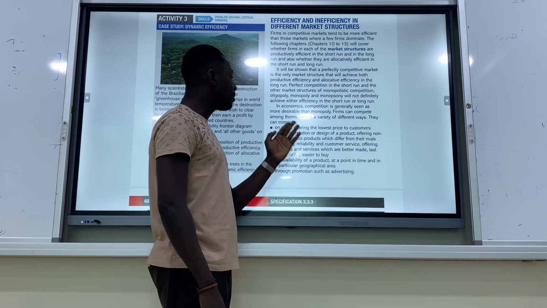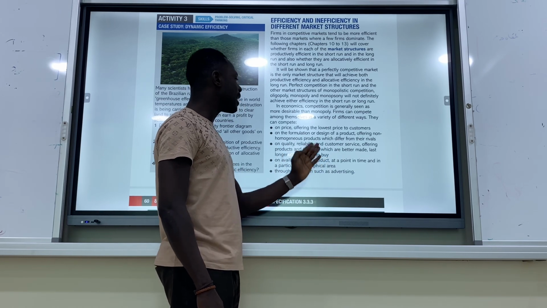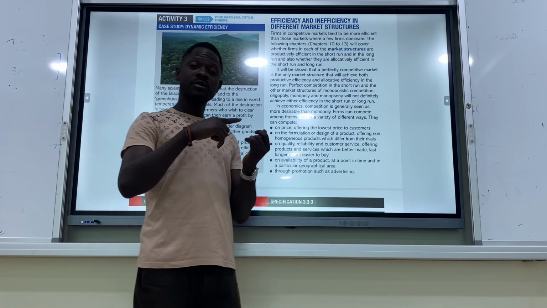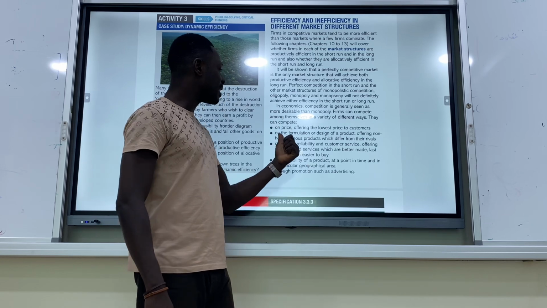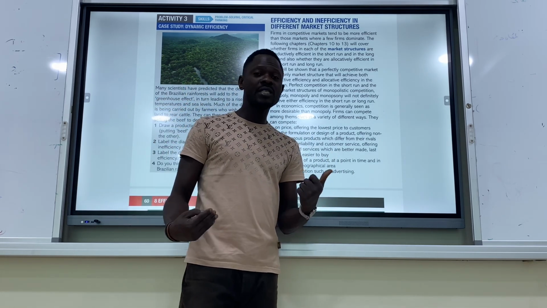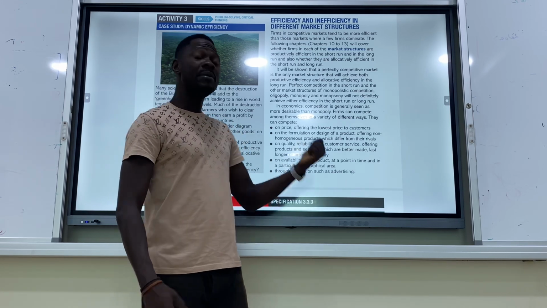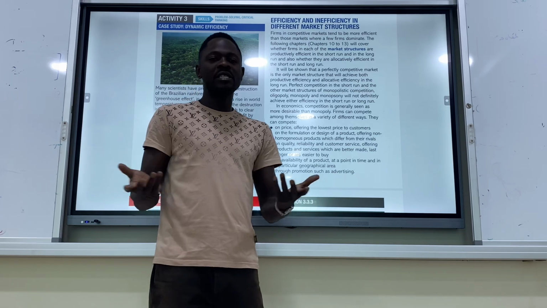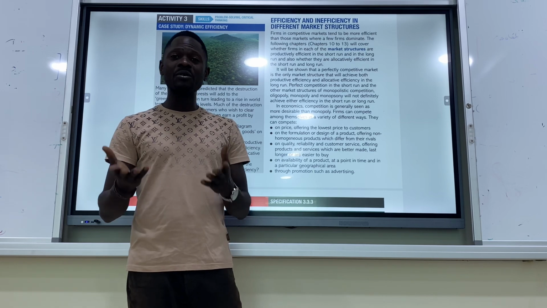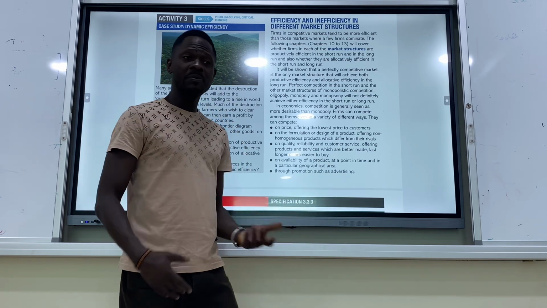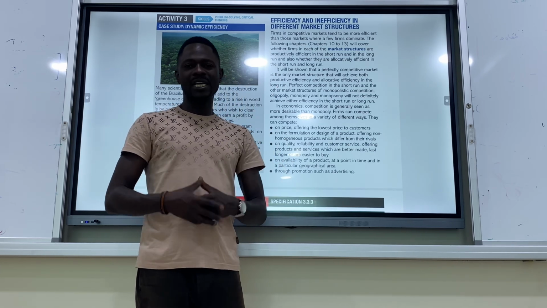The third one, on quality, reliability, and customer service. Offering products and services which are better made, last longer, or are easier to buy. So here, we have both productive efficiency and allocative efficiency. There's productive efficiency here if there's quality, because with quality, that means a firm is productive efficient. And reliability, providing goods or services that can last longer, brings about consumer satisfaction, and that is allocative efficiency. And customer service, being able to give good customer service and give customers satisfaction, is also part of allocative efficiency.